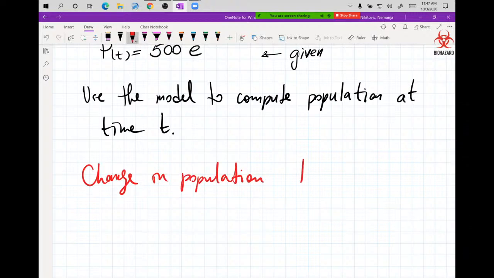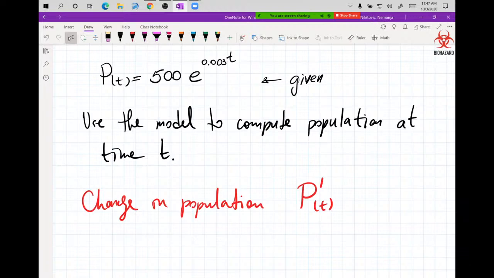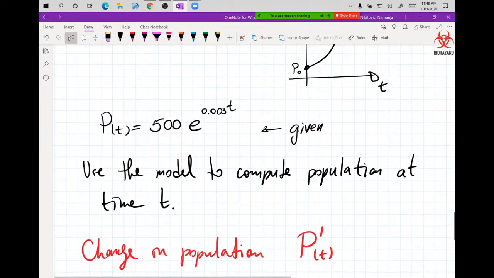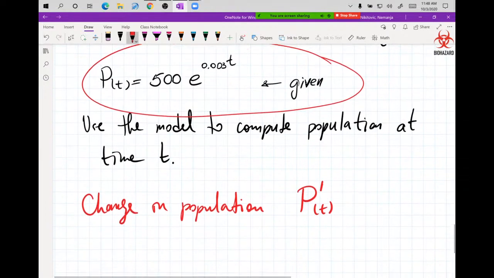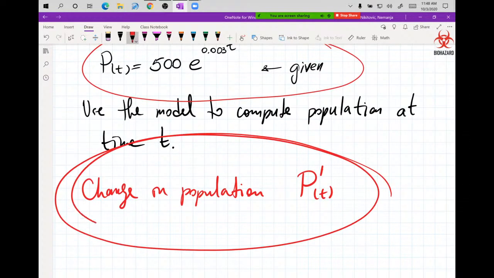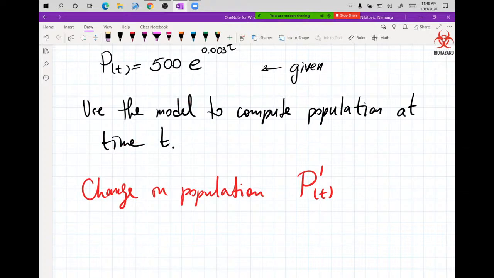And that, my friends, is the derivative of the formula in time, right? And now I need to be able to take the derivative of this. So your calculus exam is going to ask you to compute population at some time. But that's part A, and that's 3 points. But then part B is asking you to compute this, and that's 7 points, because you have to find the derivative,